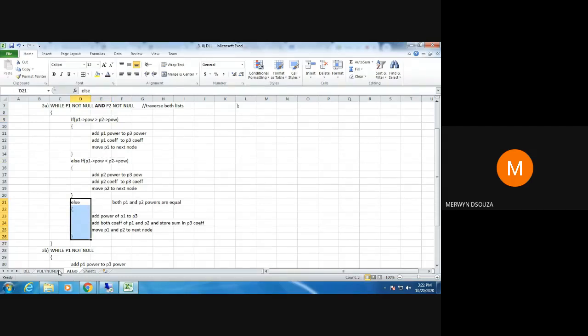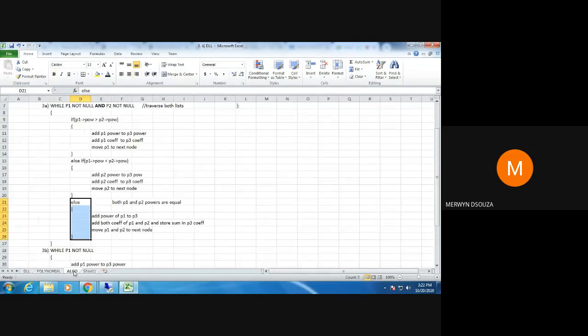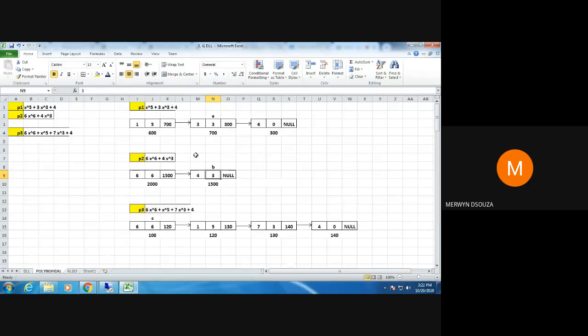If both the powers are equal, what do I do? I can take the power of either A or B, since the powers are equal. In this case, I take the power of A and put it in P3's power. So I take this power of A, that is 3, and put it here.